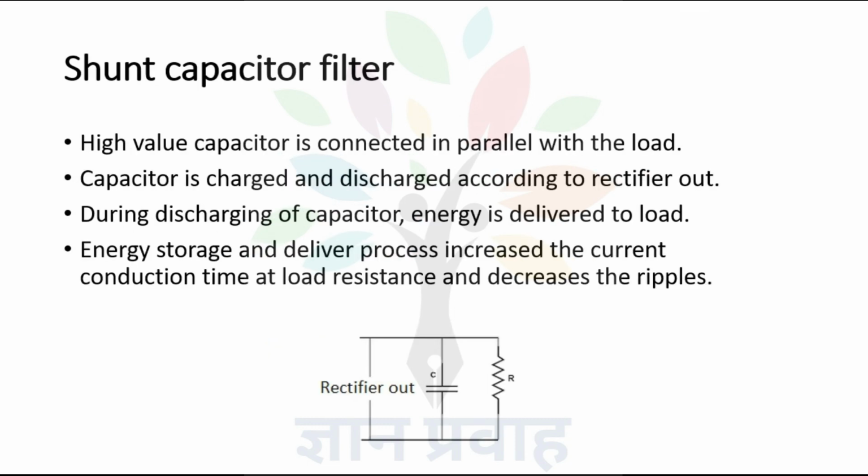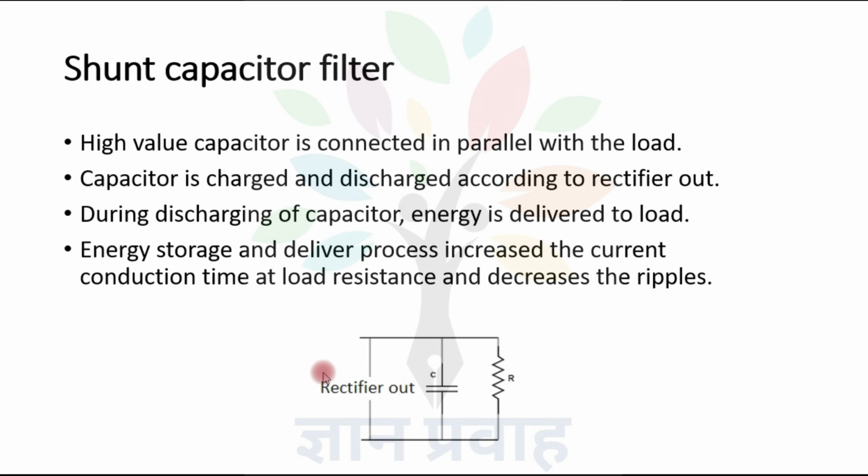The second important filter circuit is the shunt capacitor filter, and here we are using the property of the capacitor, and this capacitor is connected in shunt form. Shunt is parallel form with the load resistance like this. A capacitor C is connected in parallel with the load resistance R, and the input of this filter circuit is the output of the rectifier circuit. And a high value capacitor is connected here because the reactance of capacitance is 1 by omega C. So here further we are using the property of reactance for blocking the AC signal.